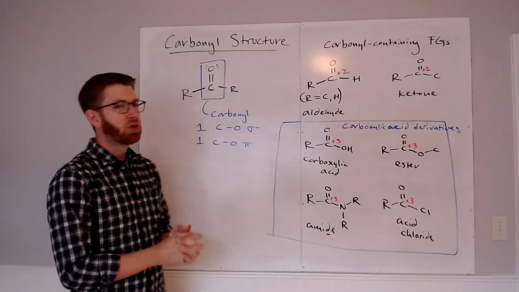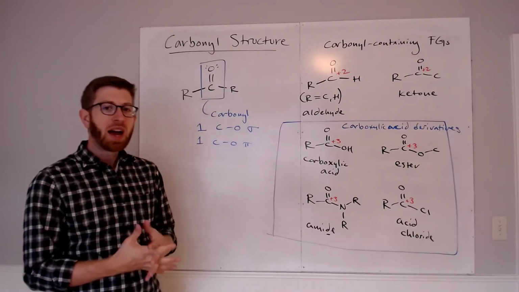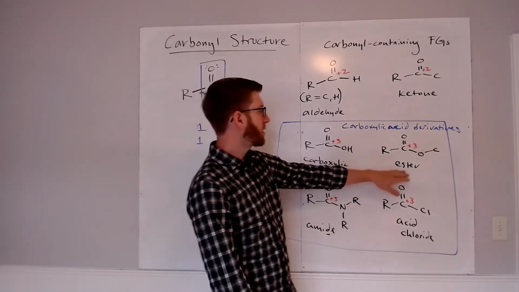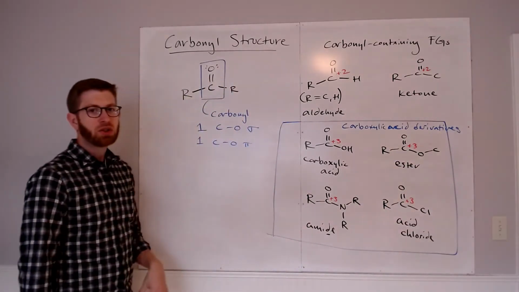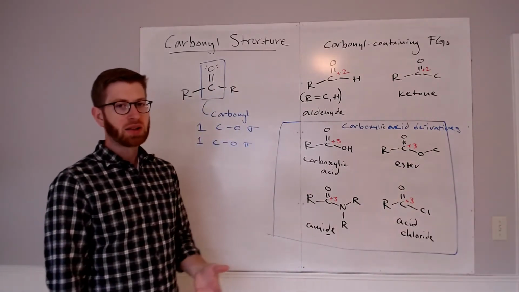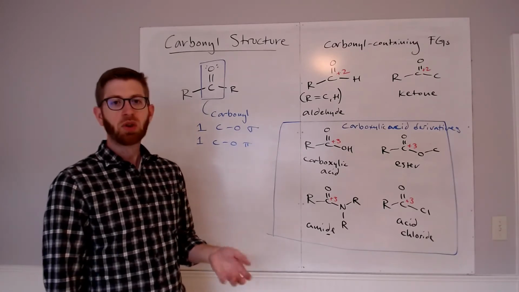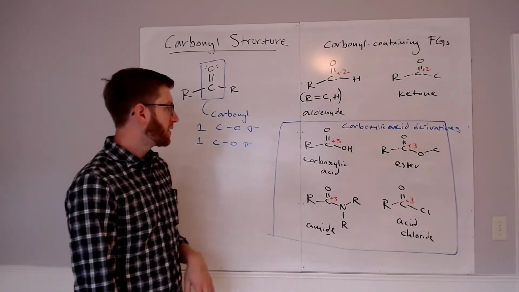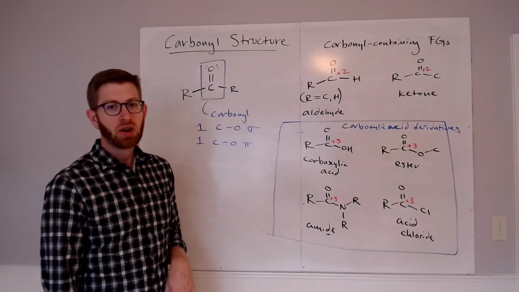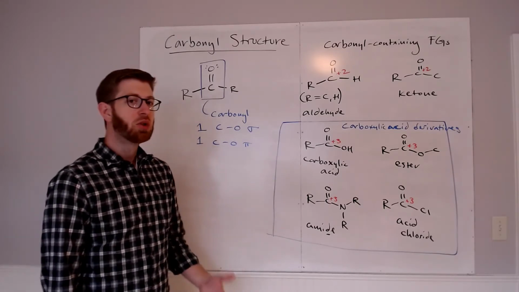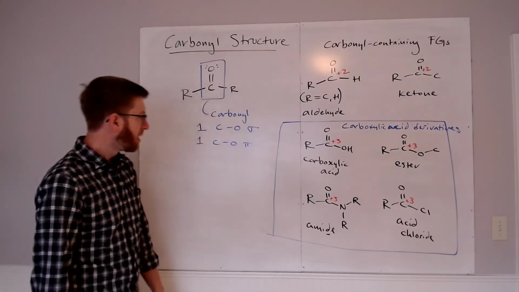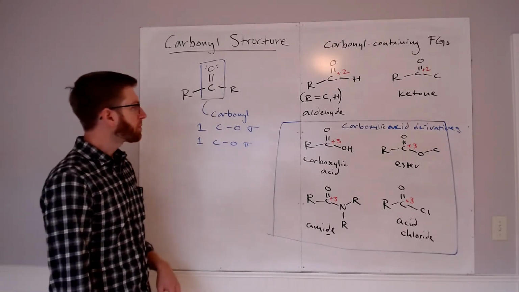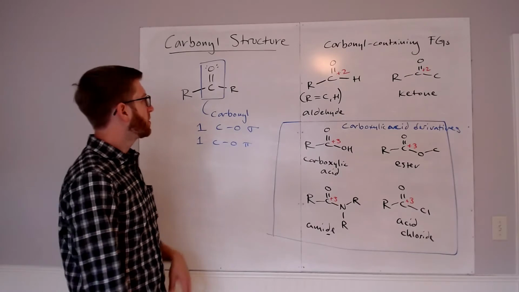I would also strongly encourage you to know thioester, which is literally this compound with the oxygen replaced by sulfur. And I'd also encourage you to learn about what an anhydride is. That's actually in your textbook, and you can look it up online. It's a carboxylic acid derivative for sure. We'll be working with those a little bit in Unit 5, but it's not a bad idea to get them under your belt now. So in the next section of the video, what I want to do is start analyzing